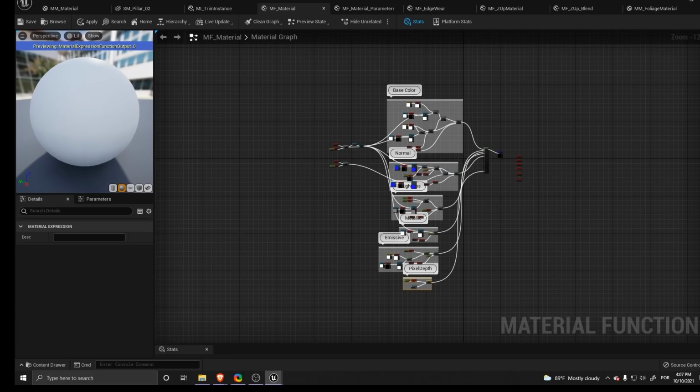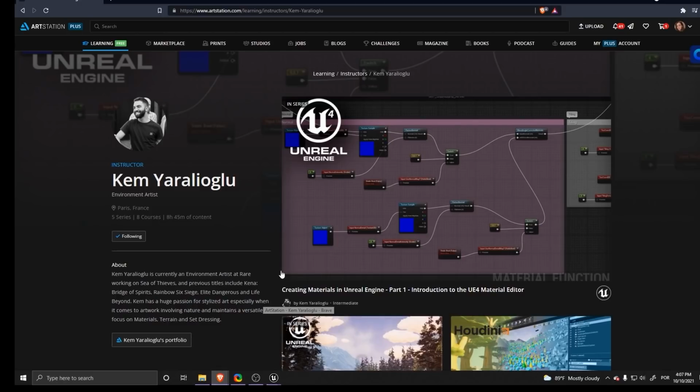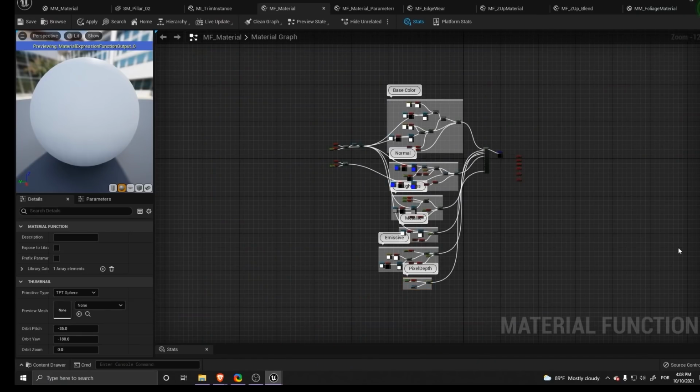Now I'll talk a little bit more about the shader that I have used on this piece. This shader is a little bit complex and I'll try to explain it to the best of my ability. However, before I get to that, a little bit of a disclaimer. I made this shader based on a tutorial by Ken Yadalioglu. I believe that's how you say his name. He's probably the second person whose name I butchered in this video, but all credits to him for the shader. I did tweak the shader a little bit based on what I needed.